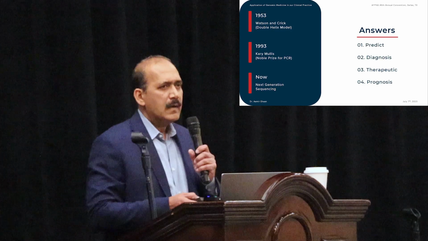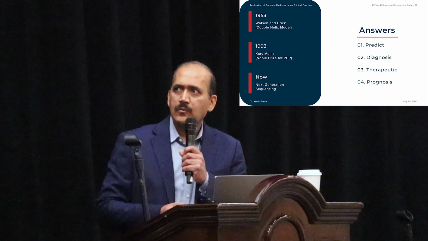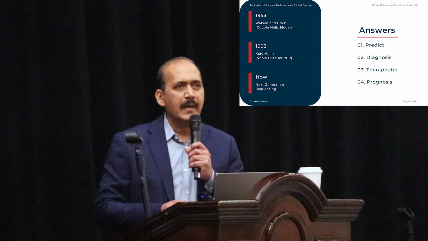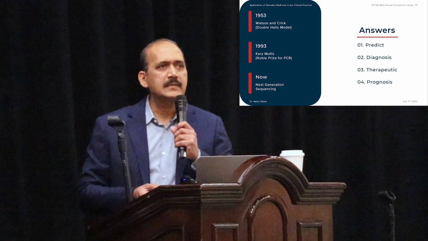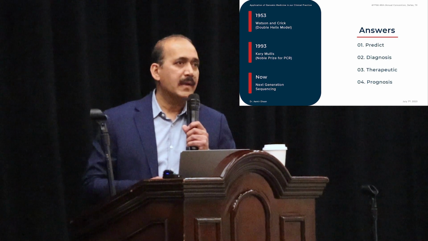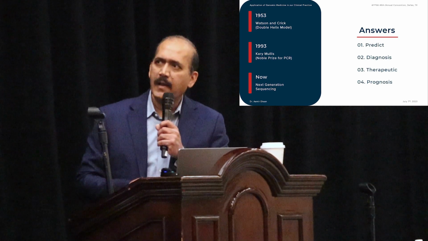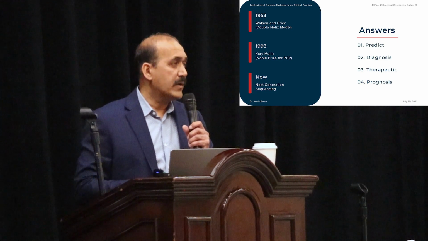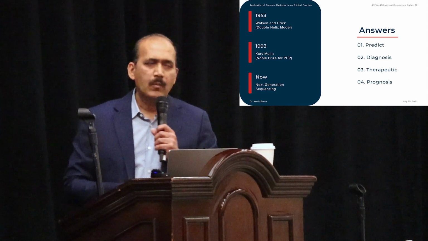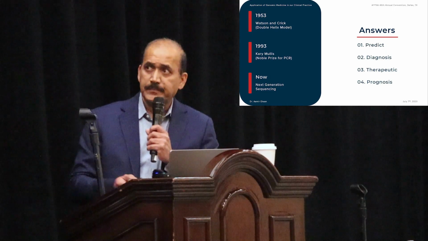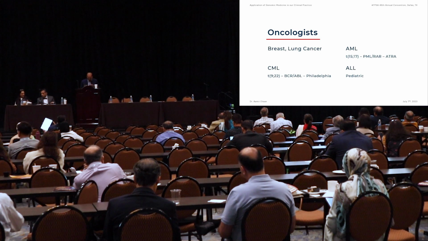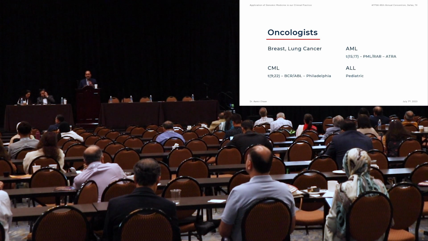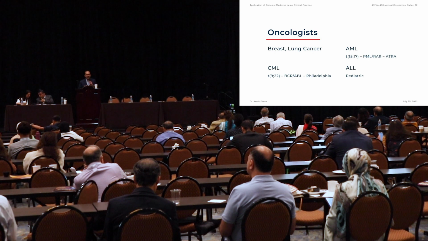So we divide the answers that we are trying to look at into, is it really going to affect any prediction? Can I predict certain diseases? It is really important to make a solid diagnosis based on the genome profile, how it's going to be affecting treatment. That's really the bottom line. And what is going to be the prognosis for our patients. So based on those 4 or 5 questions, keeping the audience in mind, I just kind of give you more high-level view rather than going into the detail and depth of genetics.